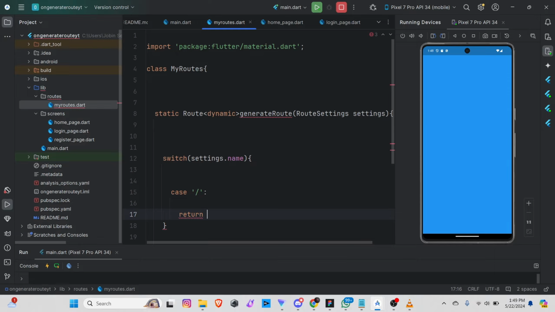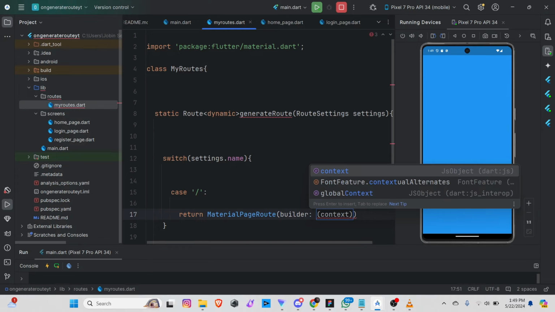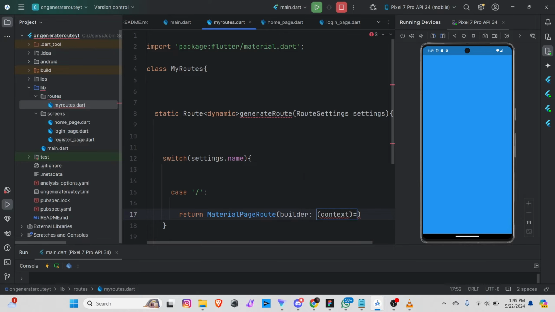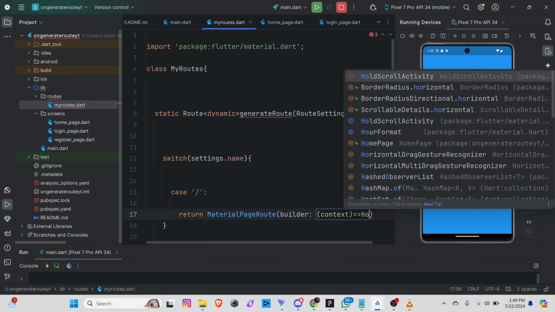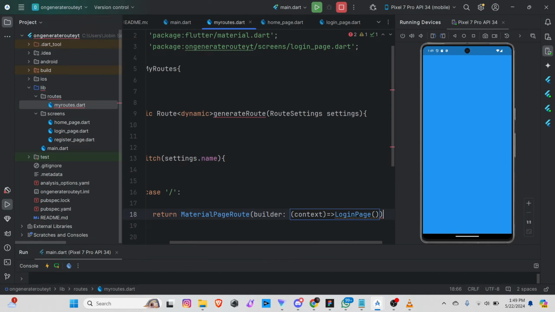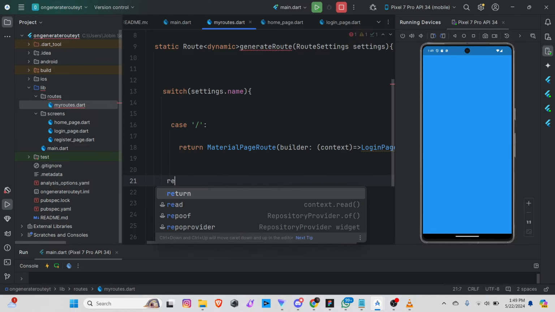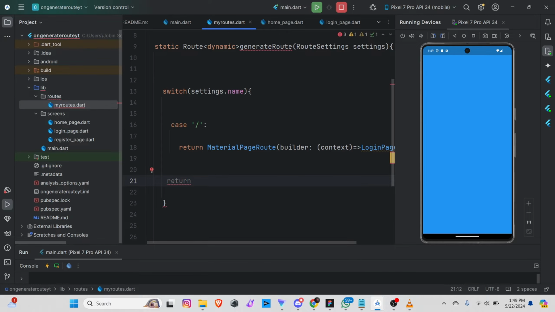I want to go to material page route, then context, okay, then I want to go to, for the initial route, the login page. Okay, then we can write more cases here. And what about the default or other, if there is no